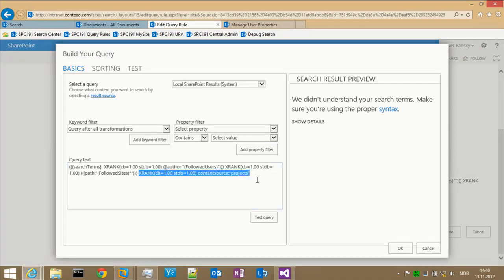Just remove this part. If you look at this query, can everyone read the screen? It's not too small. First we have the search terms, which in my case was product design, so that's the keywords coming in. And then I'm doing an XRANK